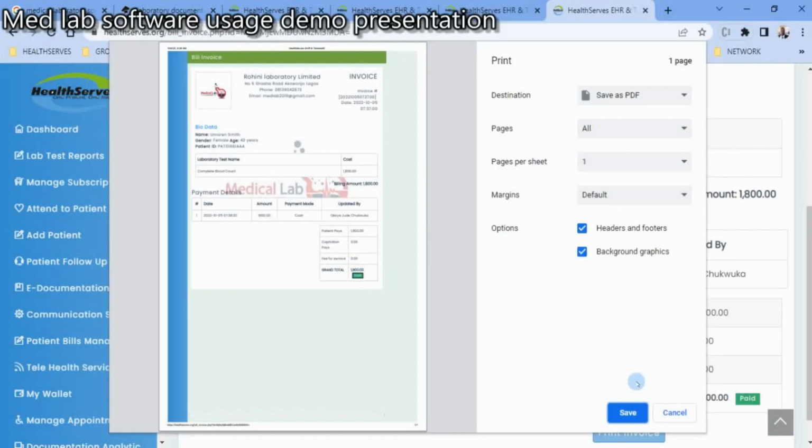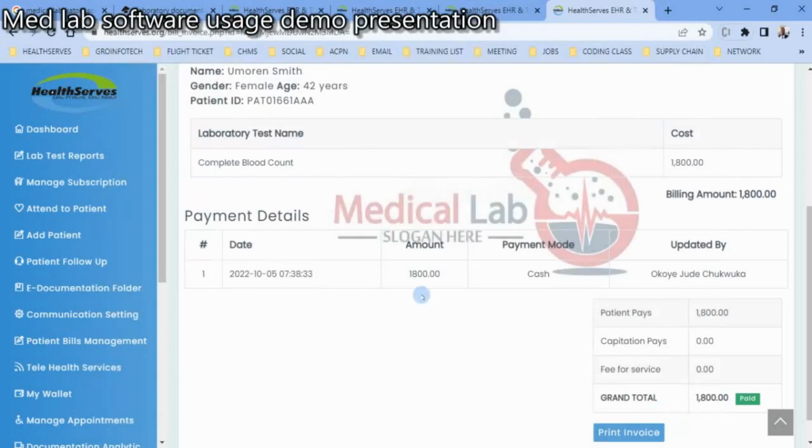The good thing about it is that it shows who collects the money and what was paid for, not just about receiving payment. It shows you the services rendered and then the payment detail for the bill. So let's move on. Next is for the patient to go to the lab department and submit a sample for them